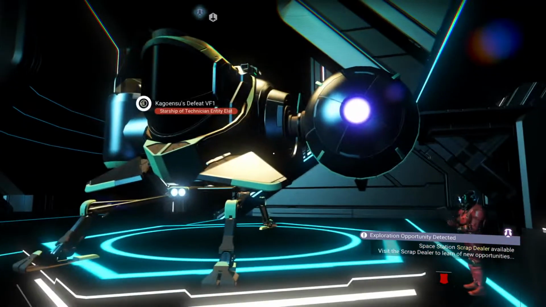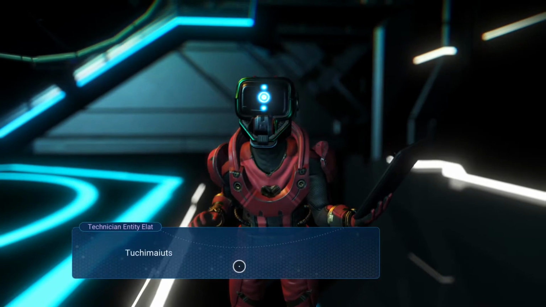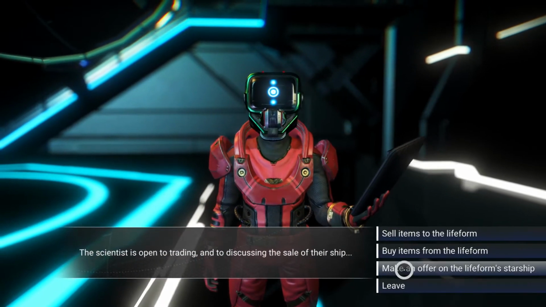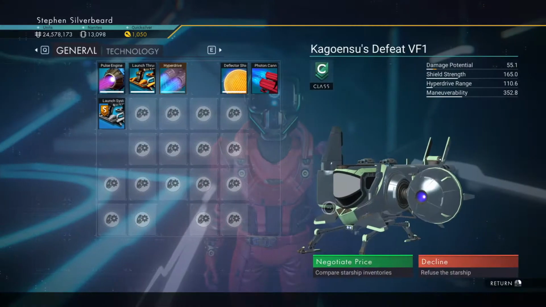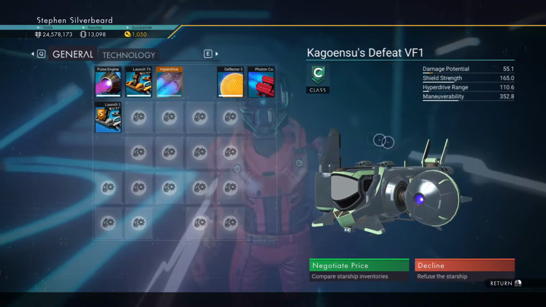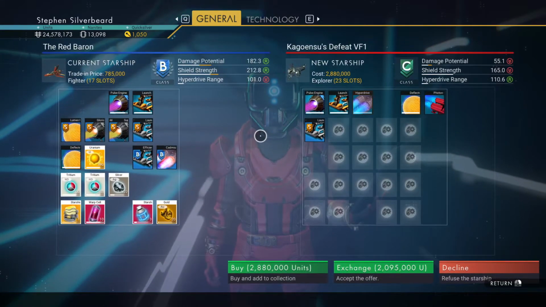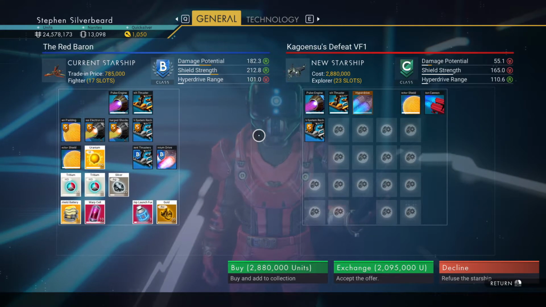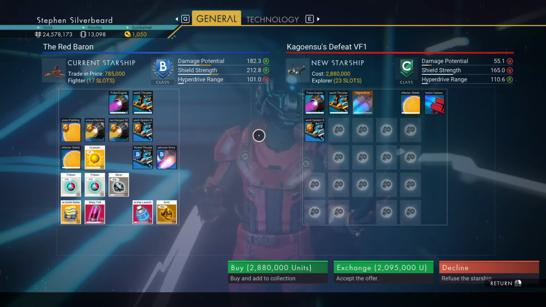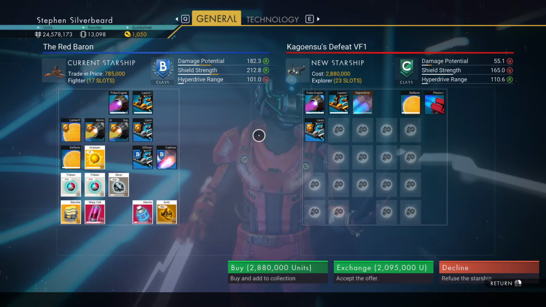I actually quite like this as well. How much do you want for your ship? Probably too rich for me, but make an offer for the life of it. I actually like the look of this. It's got an almost insect-like look to it. 2.8 million. I mean, it's C though. It's a 23 slot explorer, C class, but